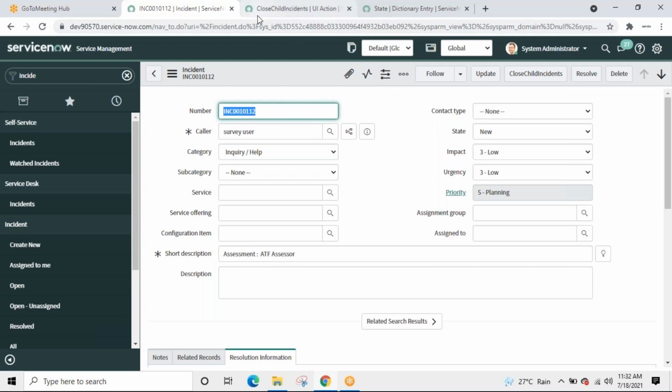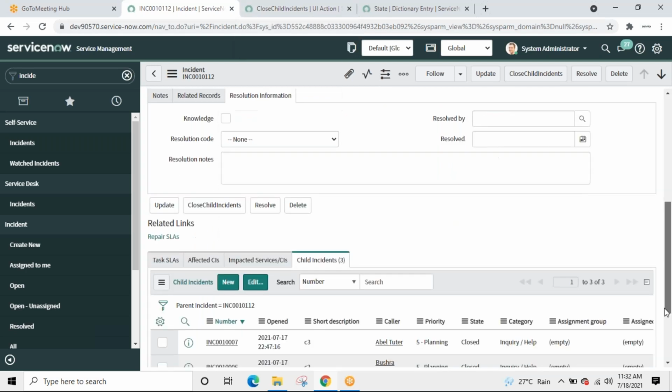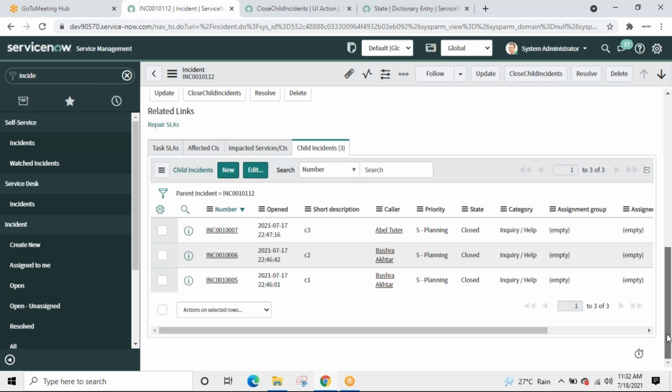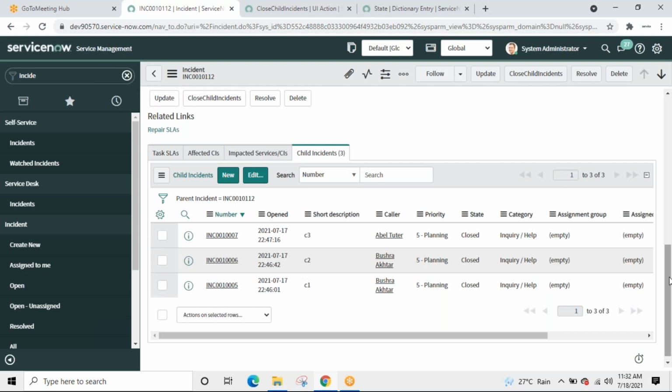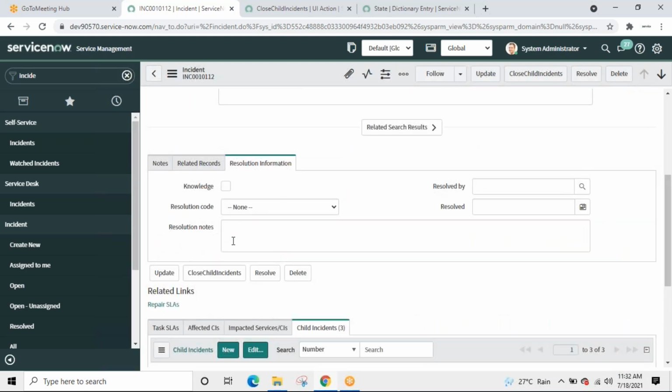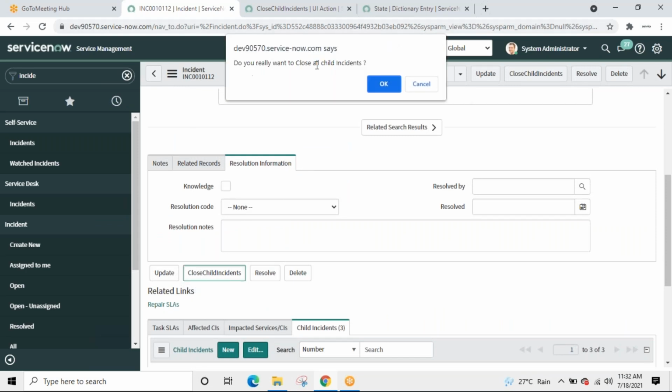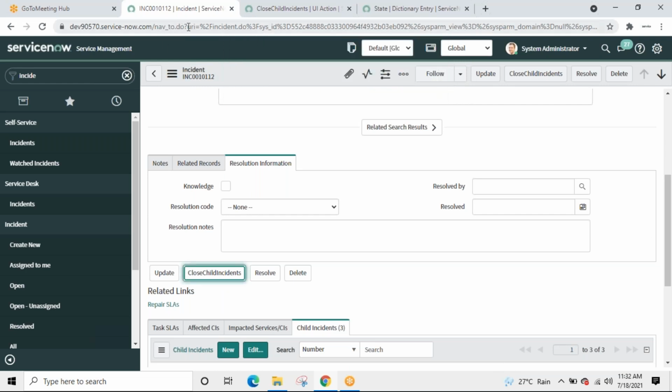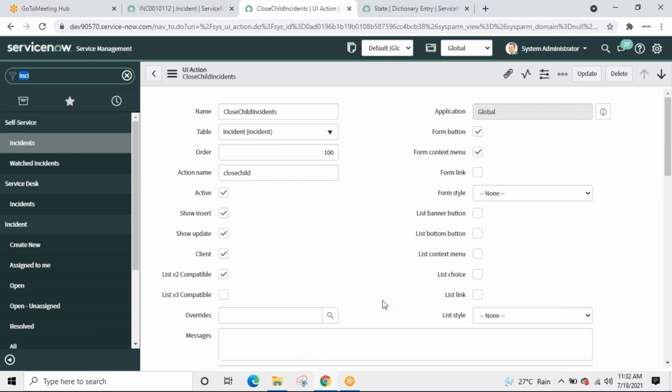Let us go back and okay. By default, it has put the button here as well. If I click over here, it will execute the same code. It will do the same thing. Okay. Now, what else? Let us uncheck this